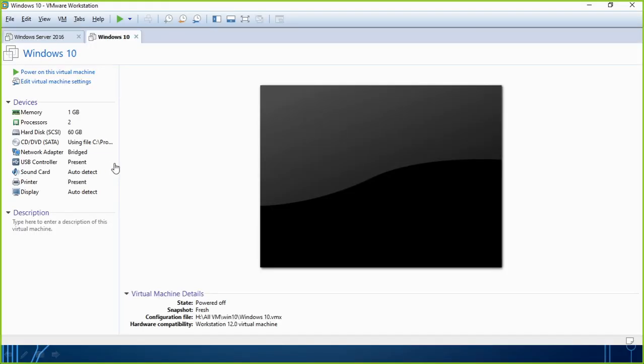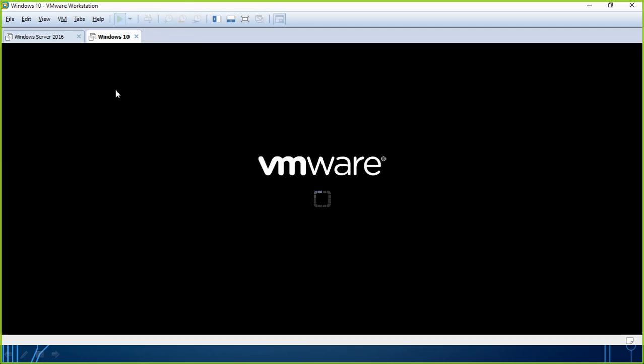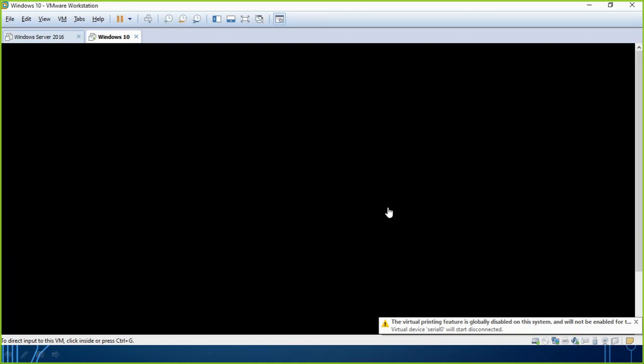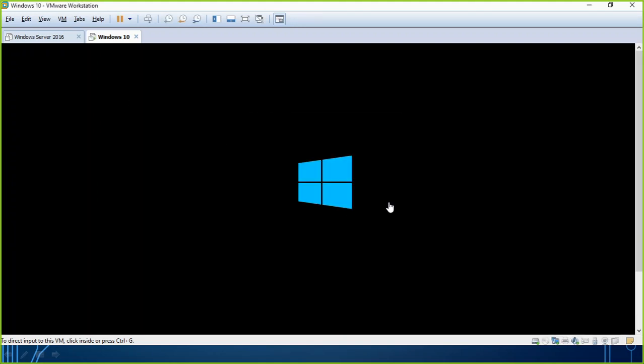So this is maybe one of my Windows 10 machines. I just power it on. It can be any Windows machine, or even if you have a Linux machine, you can perform this task. Again, I'm repeating why I'm going to this Windows 10 machine: so that I will install the MySQL Workbench here, so that I will be able to do all the tasks from this Windows 10 machine, but my data will be stored where? On the RDS.